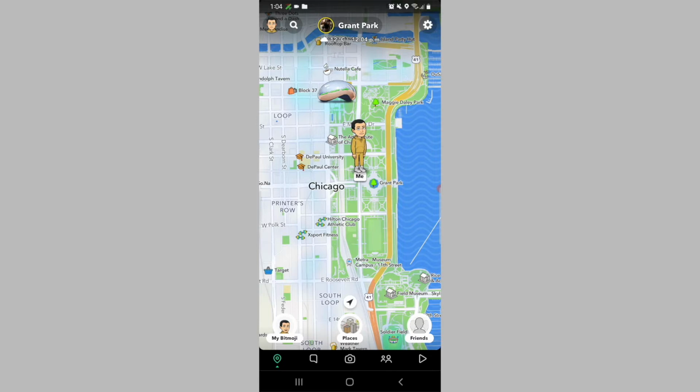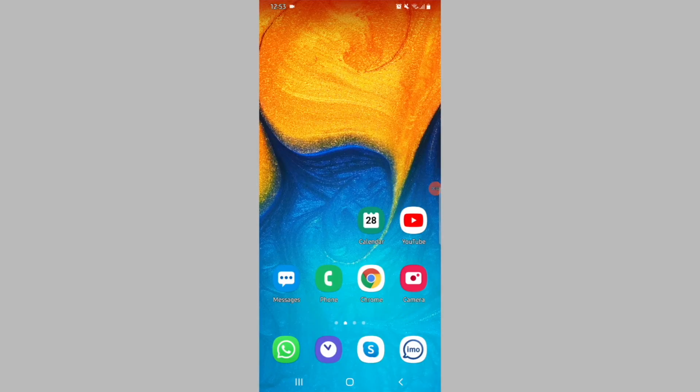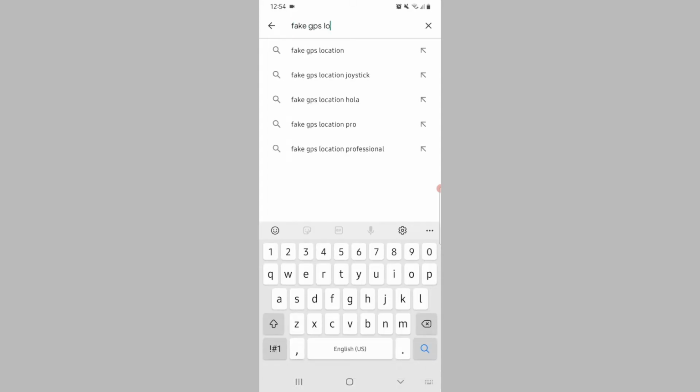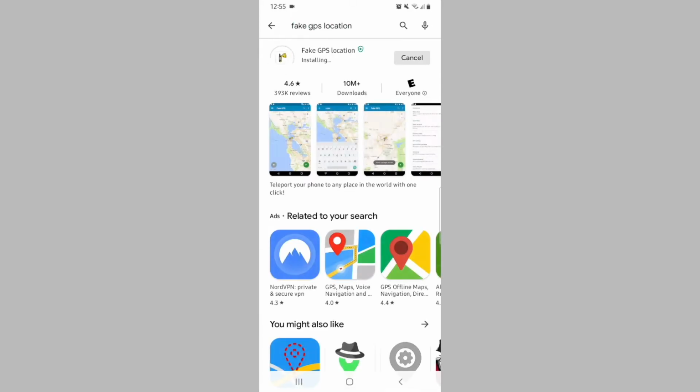Here is how. If you're using an Android phone, the procedure is very simple since Android allows you to set a fake location. So head on over to the Play Store and download an app called Fake GPS Location. Once the app is downloaded, you will need to enable developer settings on your Android phone in order to use